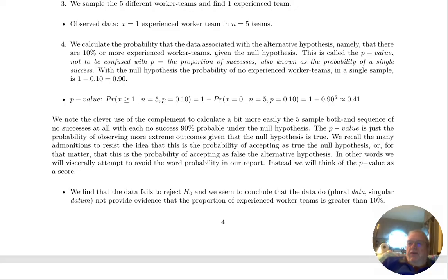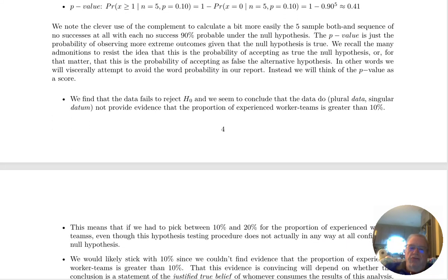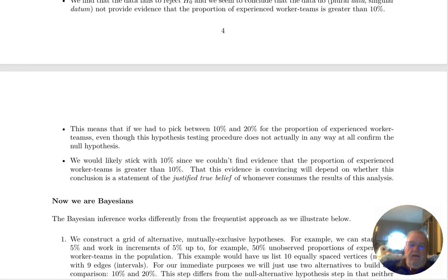We keep the null hypothesis. Now, we conclude that the data do not provide evidence that the proportion of experienced workers is greater than 10%. And if we had to put between 10 and 20,